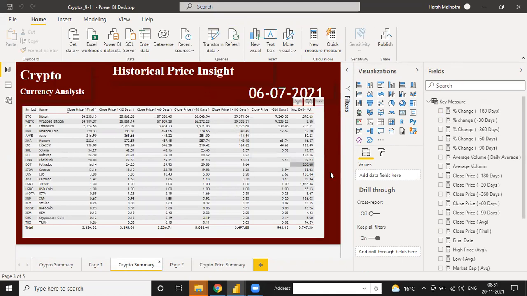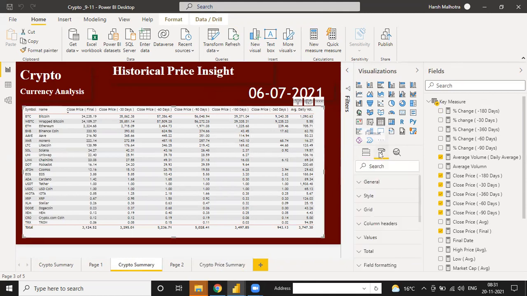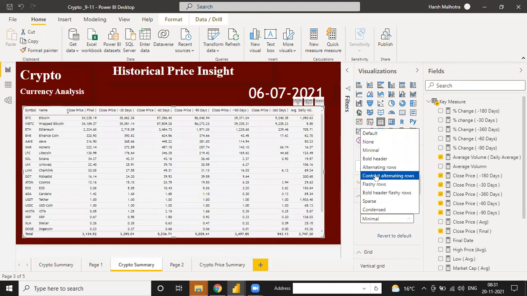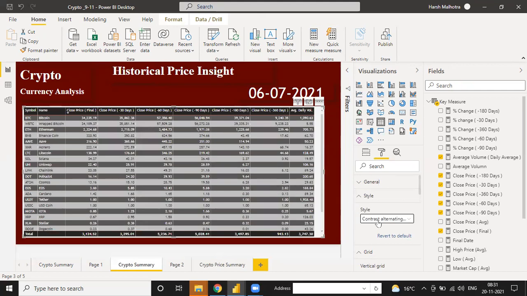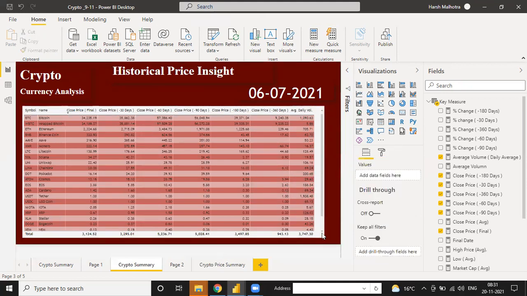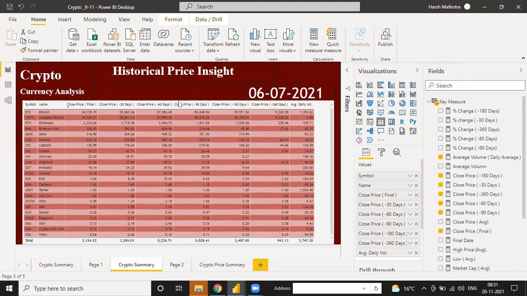And now see, this one column is showing as white, so I'm doing some formatting of this table. So go to this format function, and guys see, we have multiple options. In the style, suppose if you want to use minimal, this is your minimal function. Contrast, alternative rows, this way. There is a flashy row, this kind of rows. Okay, so I think this would be better if I use the above. Now it should be better.